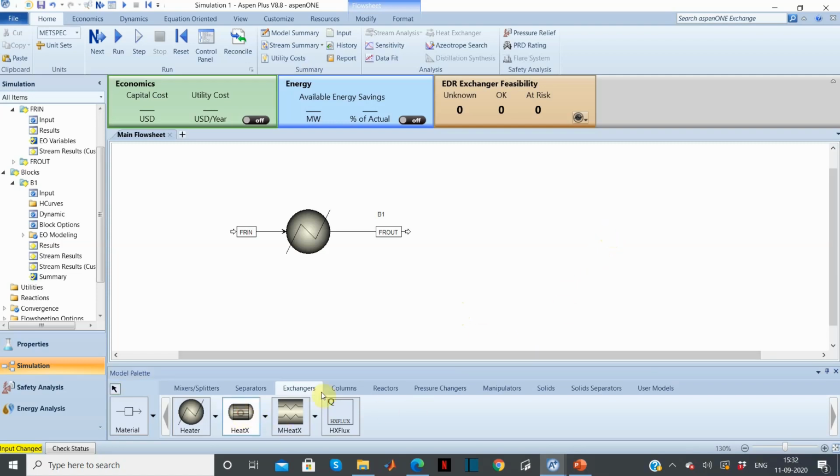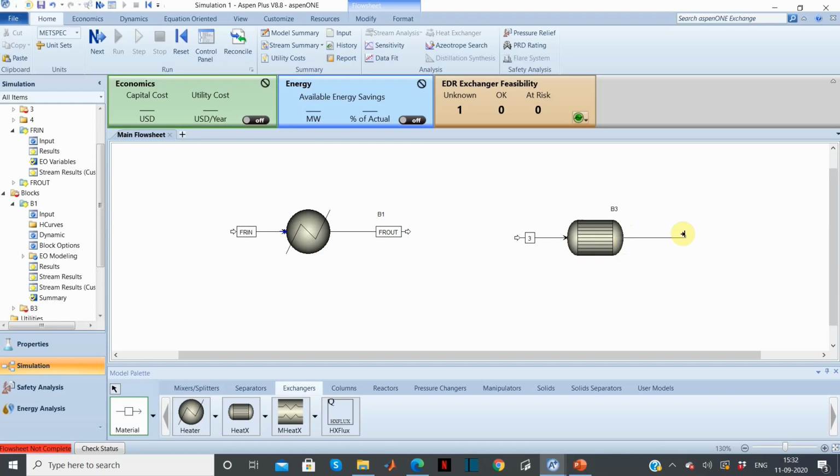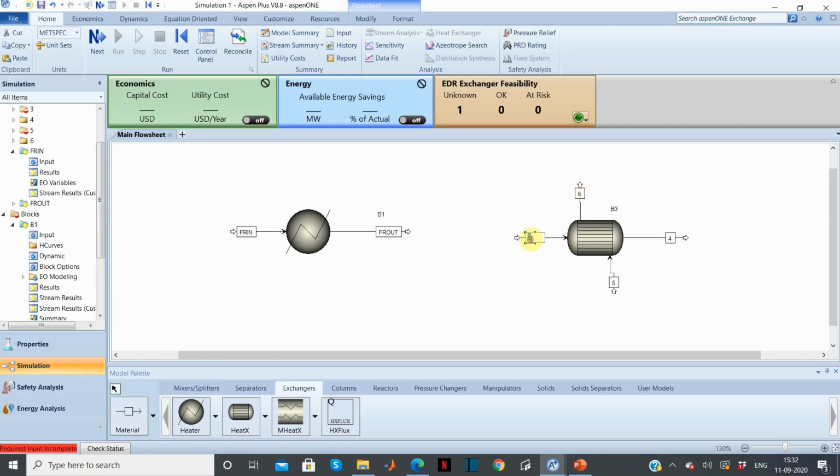So we will use Heatex model for that. Now we will add material stream. So on the cold side, it will be Freon 12, and on the hot side, it will be ethylene glycol. Let's name accordingly.